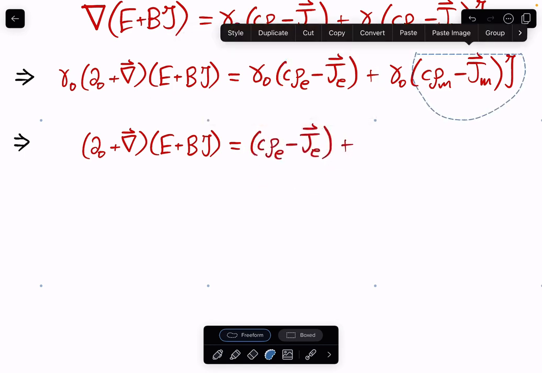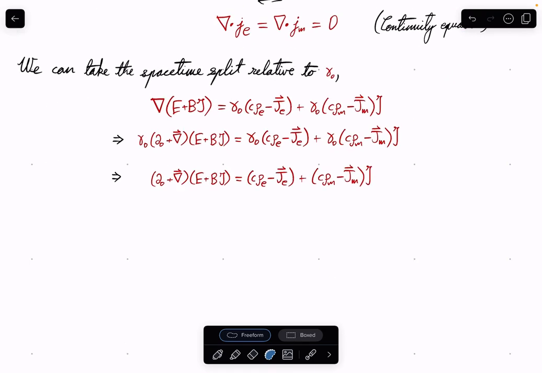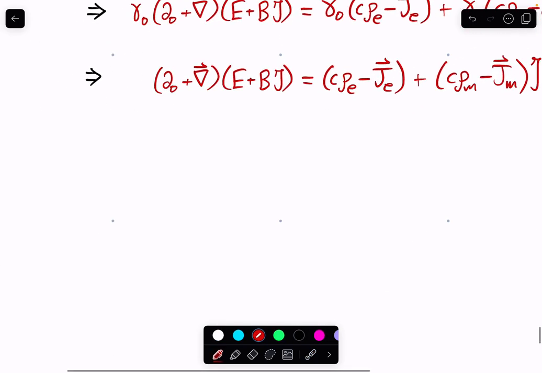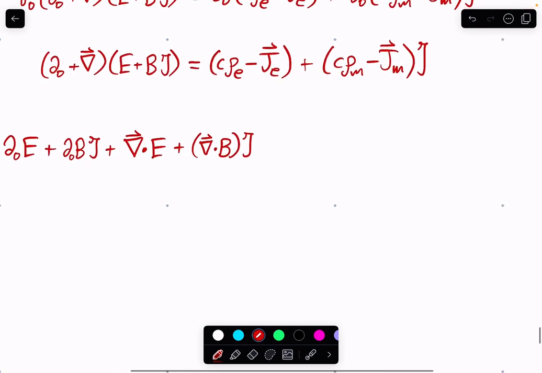Plus this. And then we can expand this out. Expanding this out just gives partial naught E plus partial naught B I plus divergence of E plus divergence of B plus